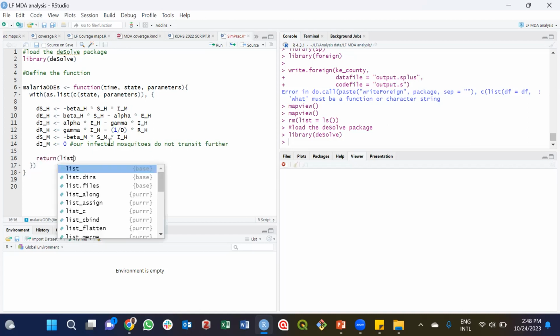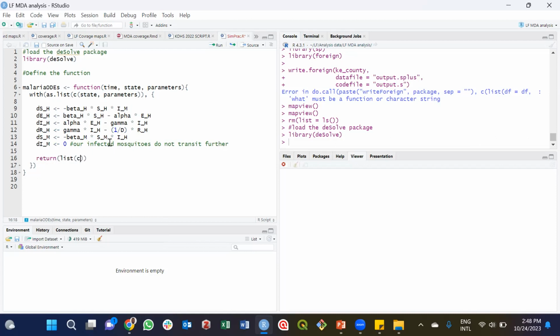We want to return a list of the numbers of how all these change over time. So the thing is dSH. We want to return a list of all of these. I'm using concatenate because it's more than one. So dR,